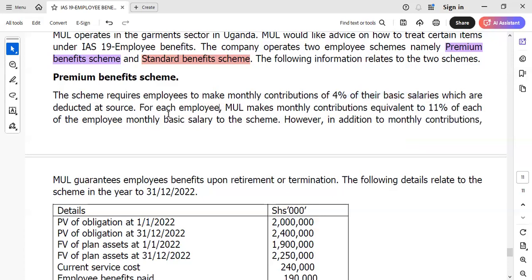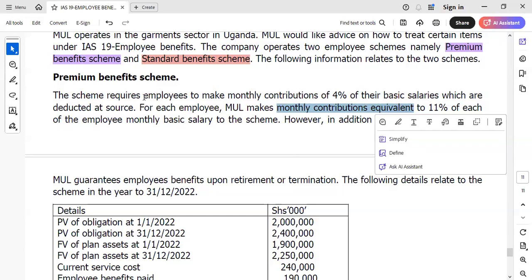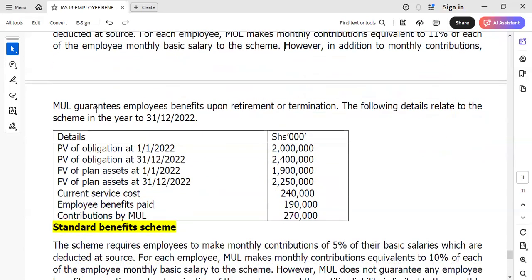Then for each employee, the company MORU makes monthly contribution equivalent to 11% of each of the employee's monthly basic salary to the scheme. However, in addition to monthly contributions, MORU guarantees employees, this is very key,